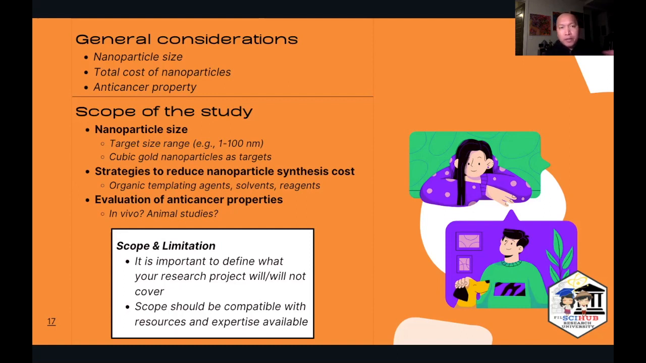So the third general consideration here is that you're trying to prove, say for example, anti-cancer property. So the question is, are you going to be doing in vivo studies? Are you going to be using animal subjects for this, or are you just going to be using bioassays that are less complicated? So you have to be able to define that. And like I said, a well written proposal has a clearly defined set of scopes and limitations. Again, if you're just coming up with very broad statements that are rather hand wavy in nature, mas mahirap po yung